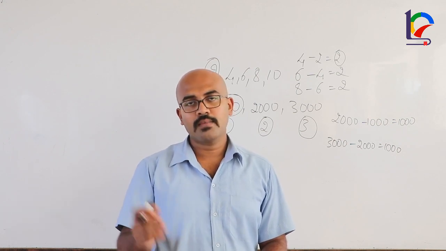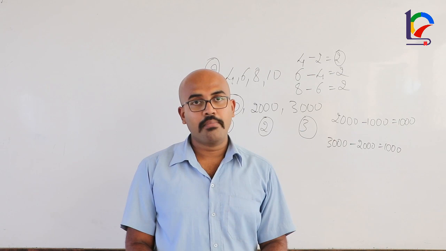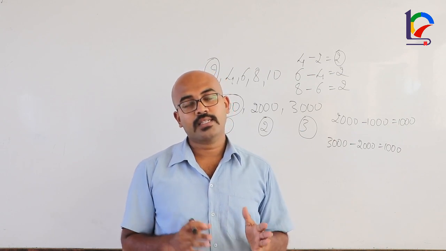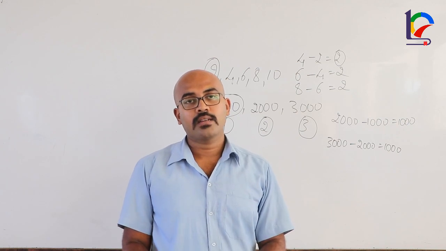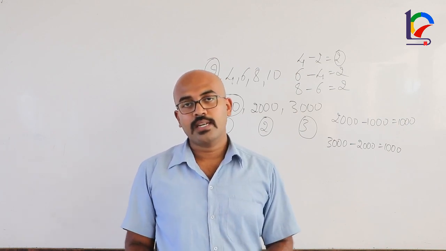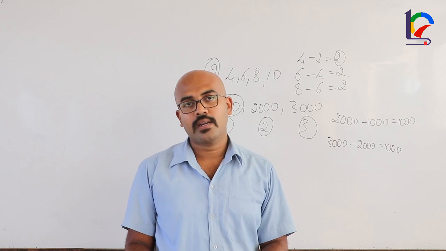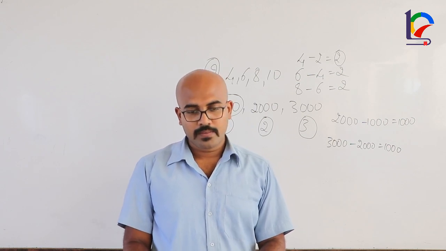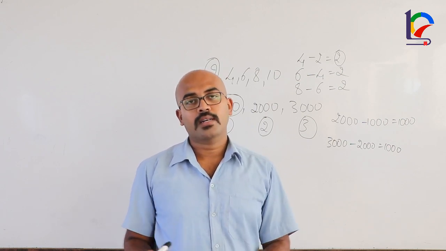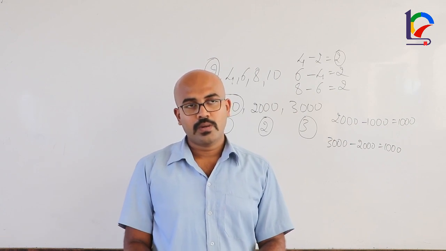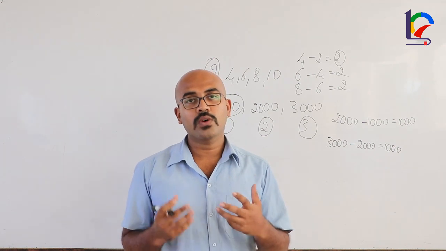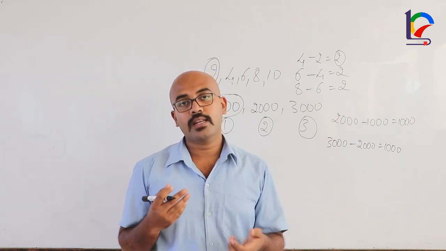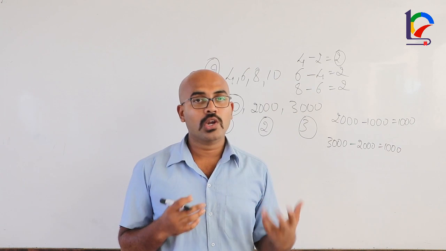There are similar examples. If you take simple interest, the simple interest in each year will be the same. Simple interest is PTR by 100. You can solve it. I'll use some more examples in the coming classes. There is compound interest as well as simple interest, so out of those you need to find out which is in arithmetic progression and which is not.